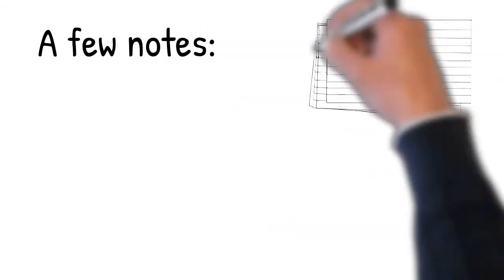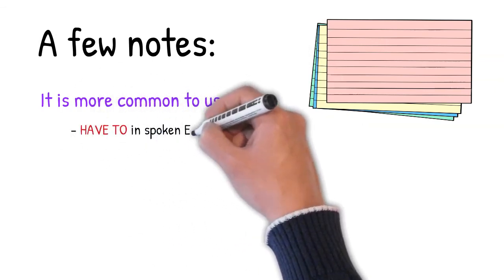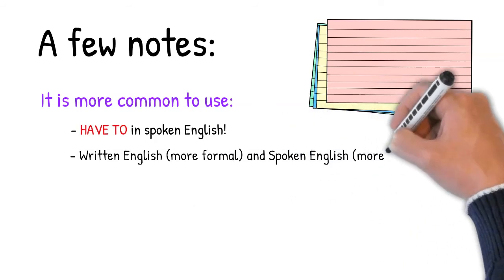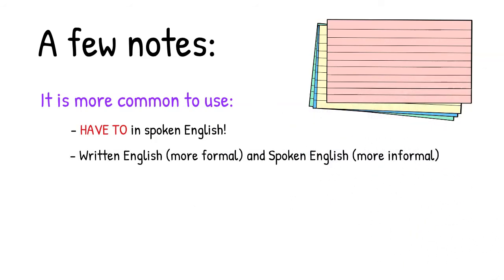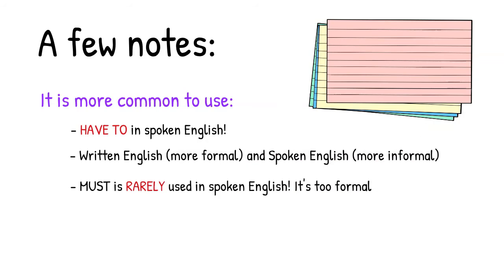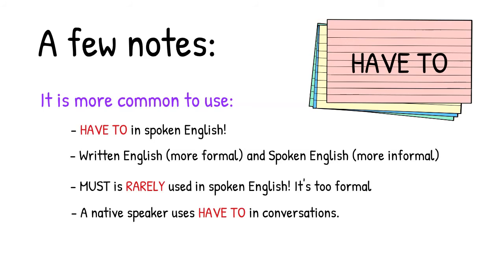So a few notes for you about have to and must. It's more common to use have to in spoken English. Very, very common. Written English is more formal, so must is good there, and spoken English is more informal, so have to is more common. So you will rarely hear must in spoken English because it's too formal. And you will always hear a native English speaker use have to in conversations. But don't be confused